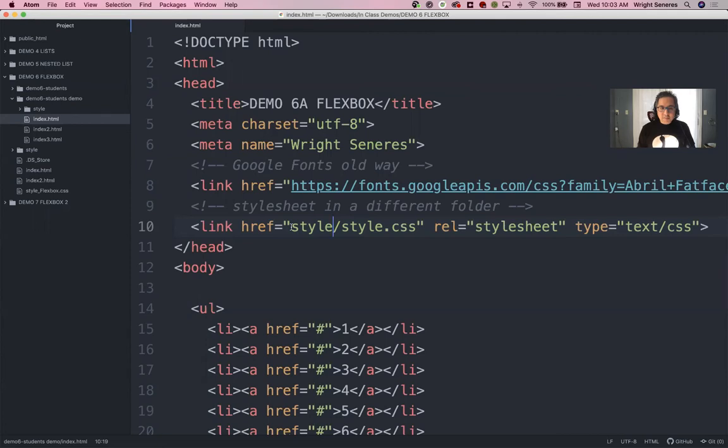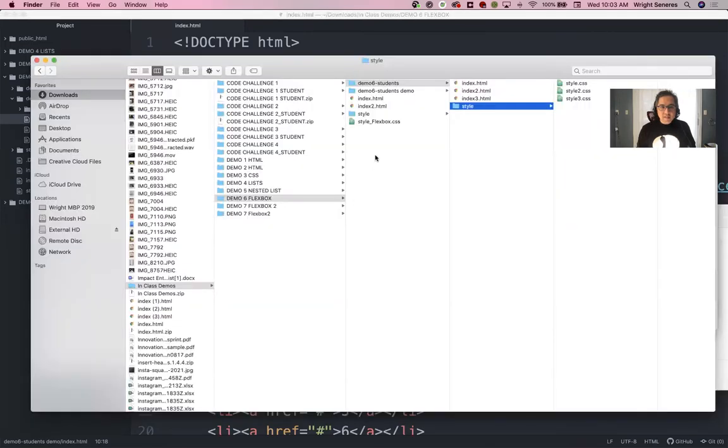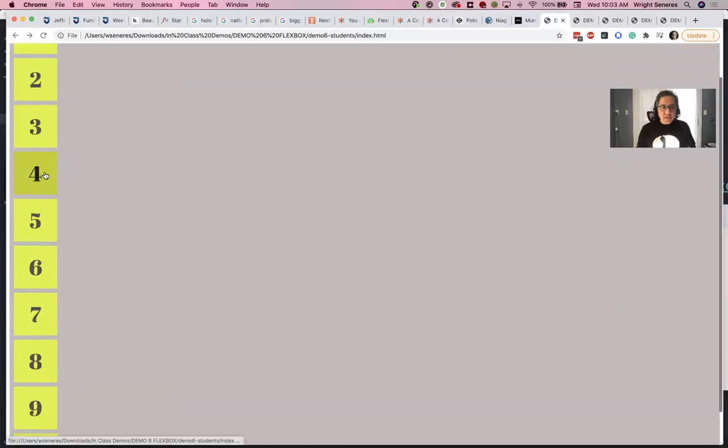And so I'll put my style sheets in a style folder, put my images in an IMG or images folder, and that just keeps things organized in my folder structure. So now let's get into adding code, our flexbox code, to make our demo, which starts out like this,